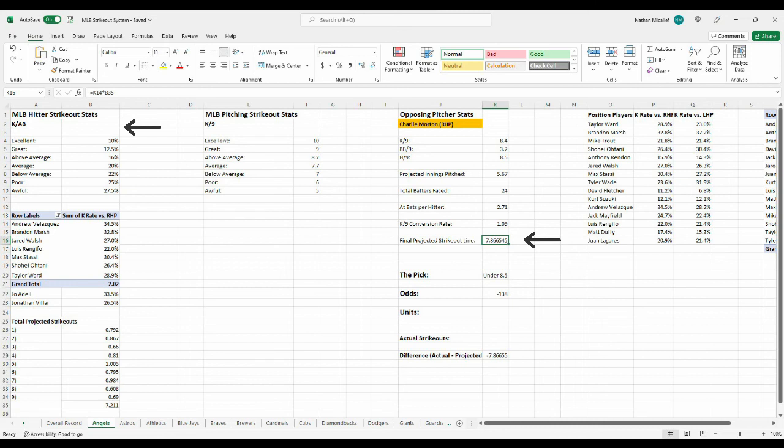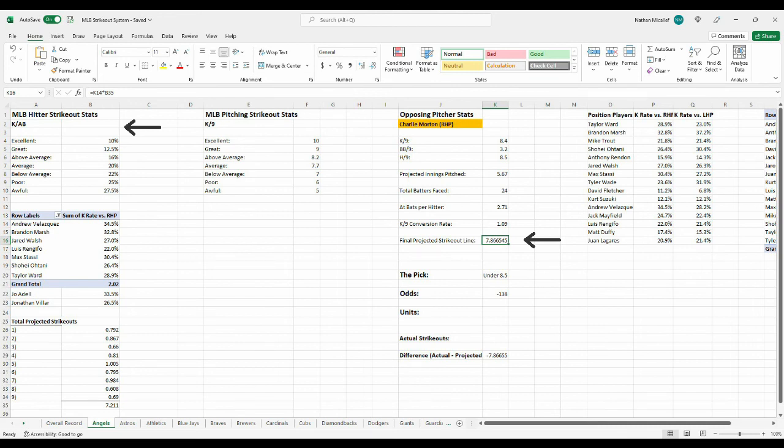So for Charlie Morton, it's 1.09, and you're going to multiply that by B35, which is the sum of all the total projected strikeouts for the hitters in that lineup for that given day. So in this example, it would be 1.09 times 7.211, which gives us that 7.8 number of final projected strikeout